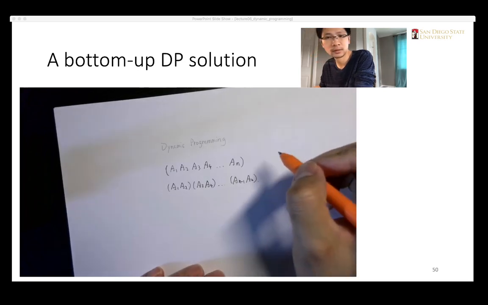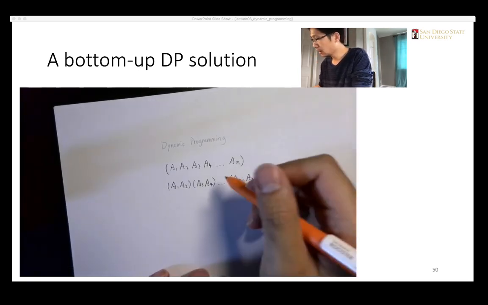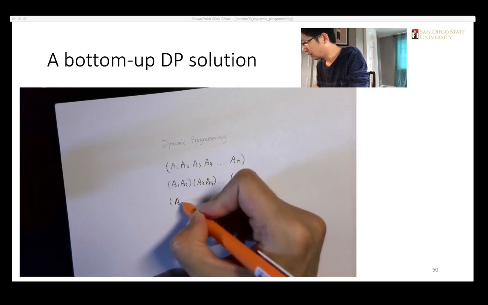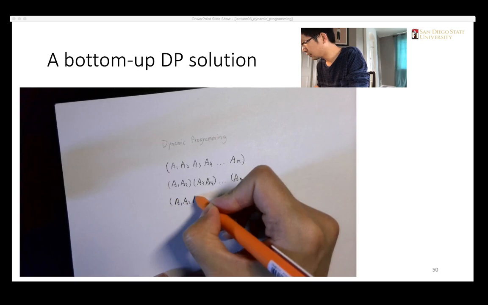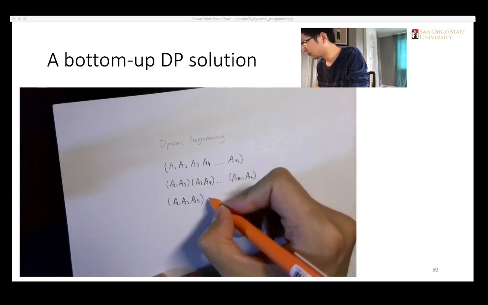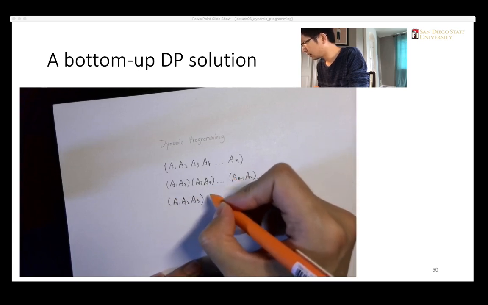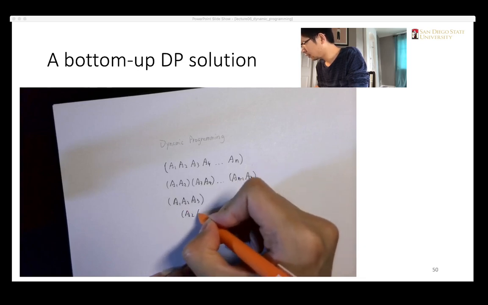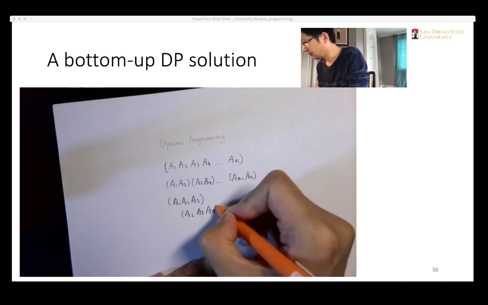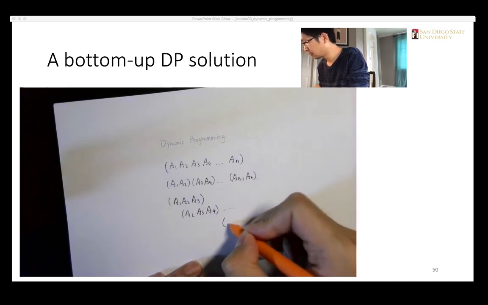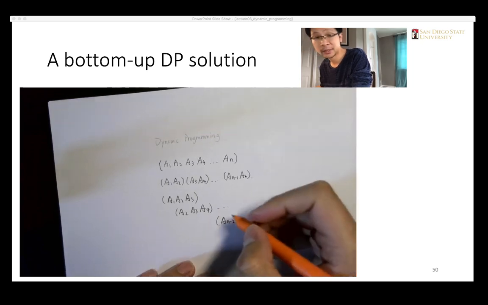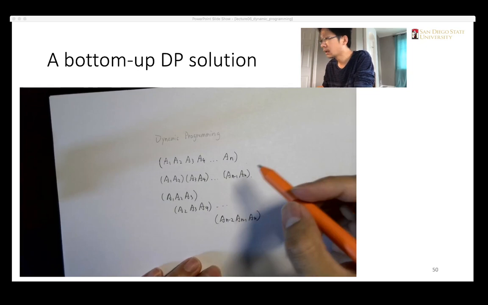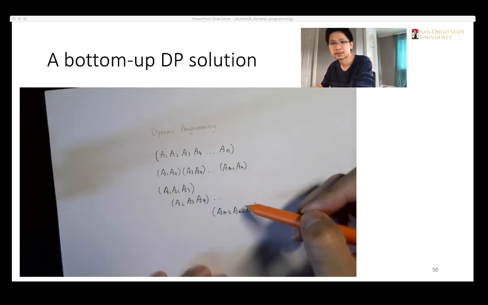And we also need to solve A1 A2 A3, and A2 A3 A4, up to A(n-2), A(n-1), and An. So we need to solve all these subproblems